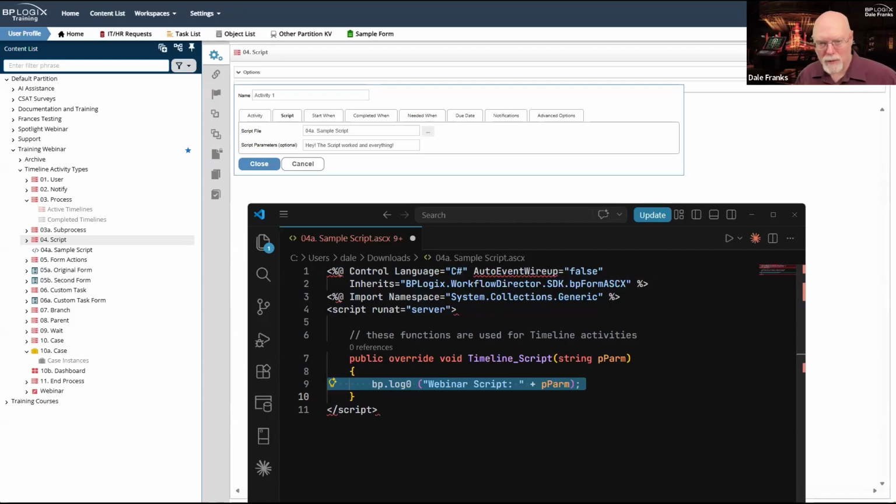And of course, the developer's guide has the whole SDK that tells you all the things that you can do via scripting in the product. So what will happen when I run this process timeline is that it's just going to take this text here and it is just going to toss it into the log file.